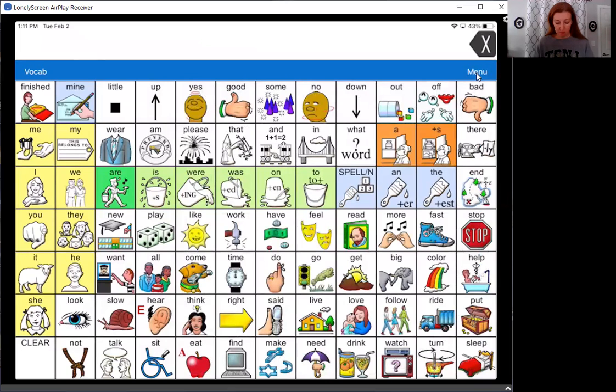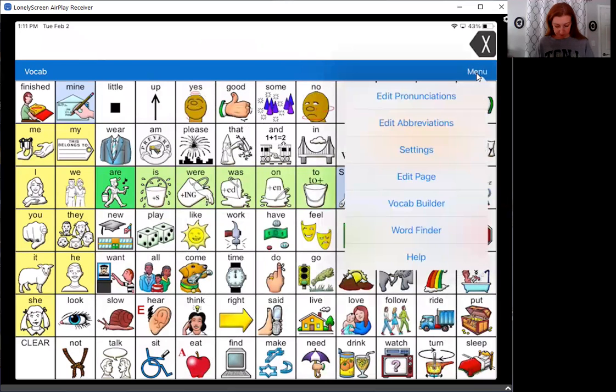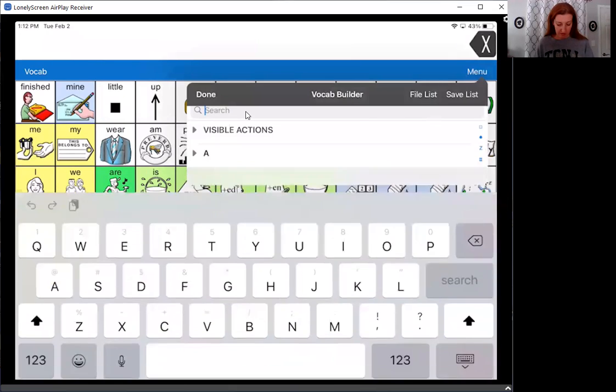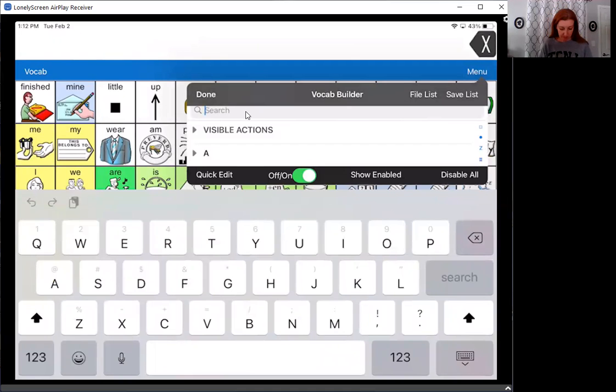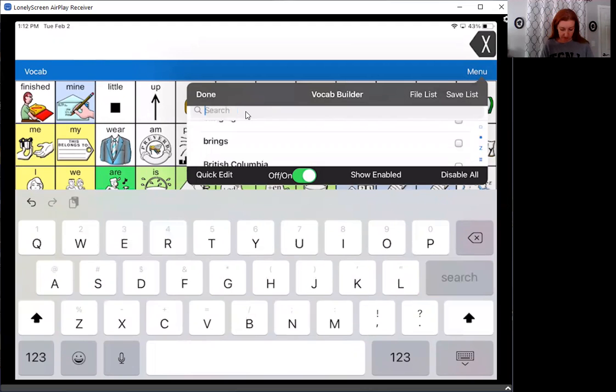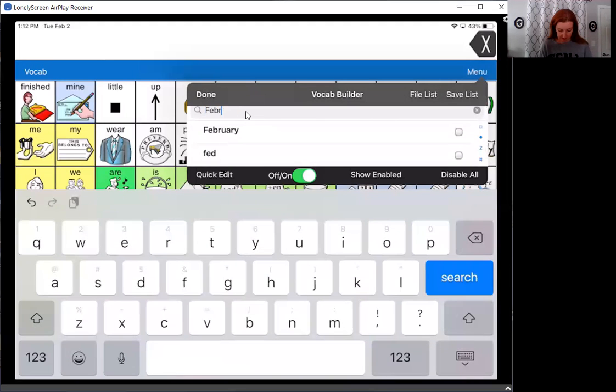So like I said, up in the main menu, the vocab builder, you can switch it on and switch it off. And if you want to switch it on, and if I want to make a new list, first I'm going to disable all my old selections, and then I just go up to the search bar, and then I start adding in words that I'm looking for. So if I want to put in maybe the calendar and some months,